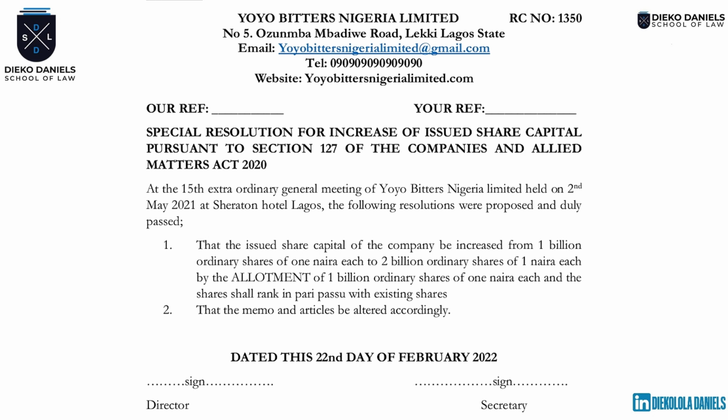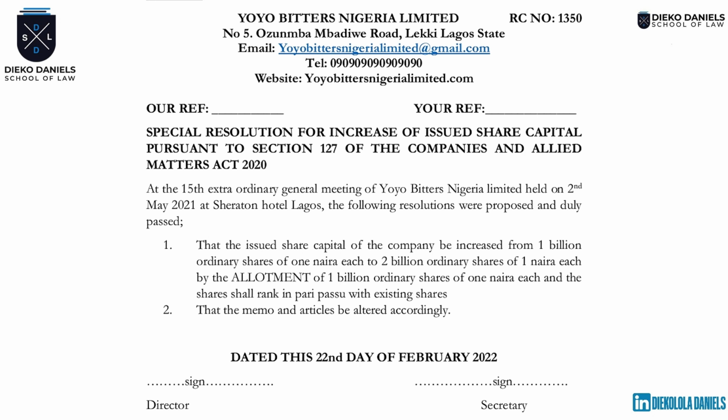So if it is tweaked, please go and meet your lecturer to confirm. Now, the following resolutions were duly proposed and passed. You have to cram that one. The following resolutions were duly proposed and passed at the extraordinary general meeting of... so, you don't put a full stop because it is a full sentence.